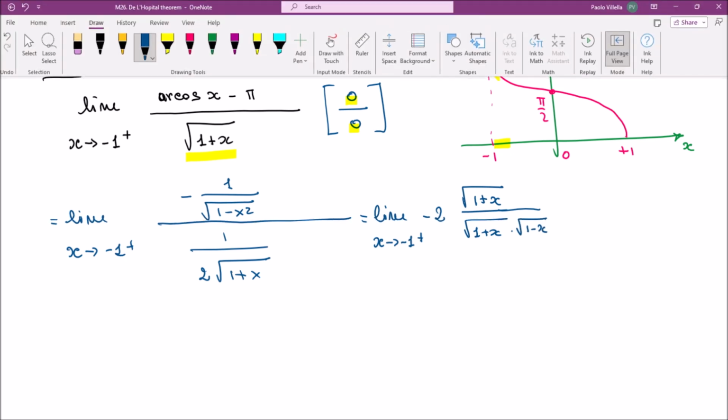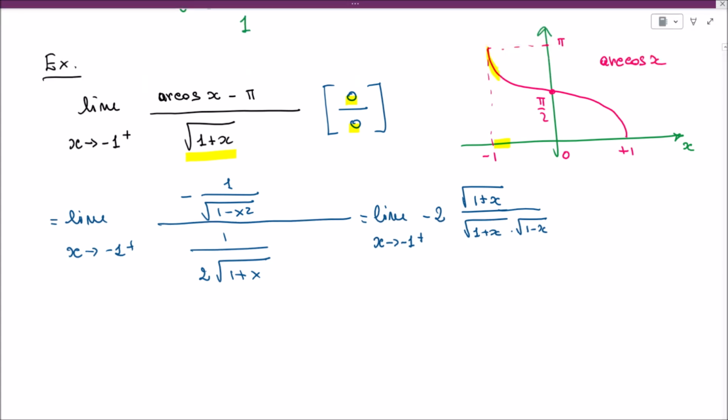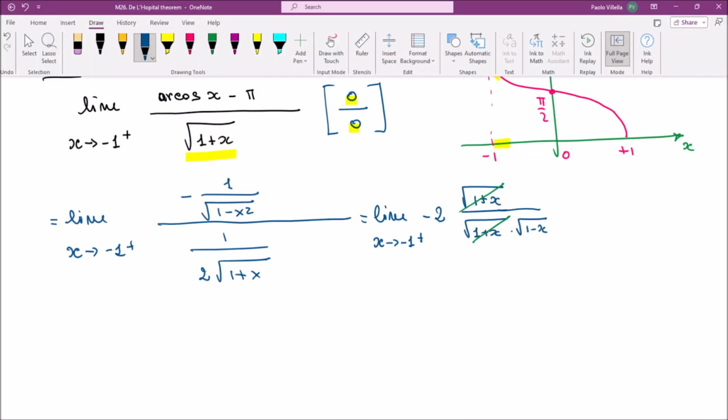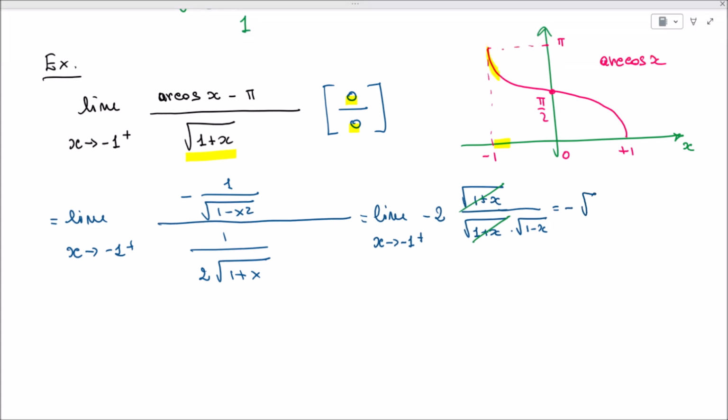So we can easily simplify these two, and now we can simply recognize a continuous function that with the replacement x equal to -1 gives minus square root of 2. Okay, so this is a nice result which we can use to write some kind of approximation